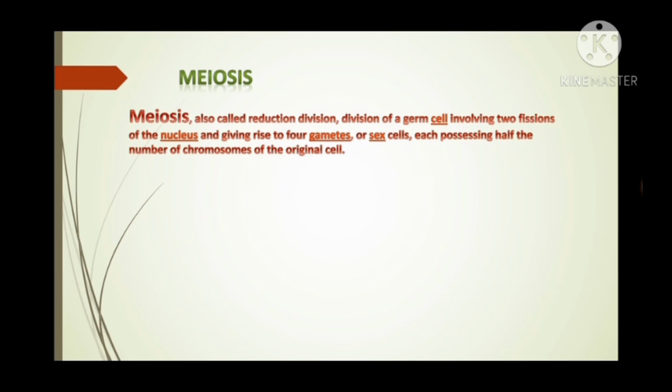Children, in this case, the two gametes contain a complete set of haploid chromosomes, and the gametes are formed from a specialized diploid cell. So this kind of cell division, which reduces the chromosome number to half, is called meiosis. Children, this special kind of cell division results in haploid daughter cells. That is why it is called reduction